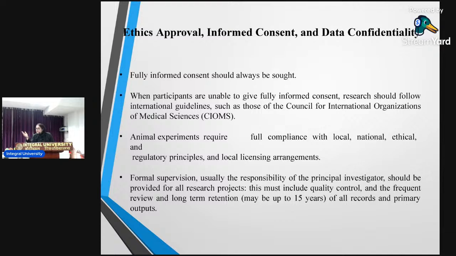So your data notebook becomes a property of the institution, because we are supposed to retain the data notebooks for at least 15 years, right? We may be asked for the raw data. We may be asked for the strains which you have generated as a part of your study. Okay? So for at least 15 years, we have to retain the data records of all the projects, all the theses and the raw data which is a part of your thesis, right?